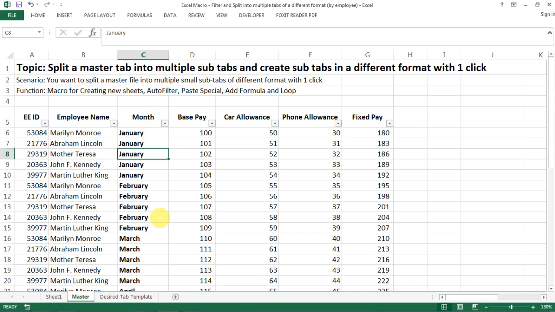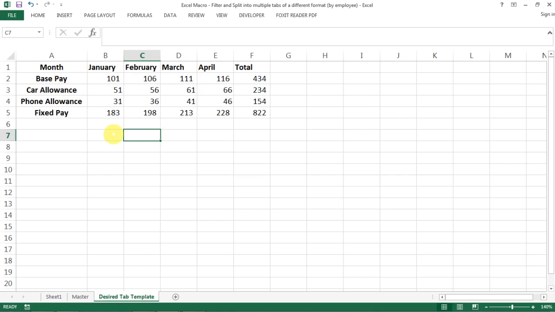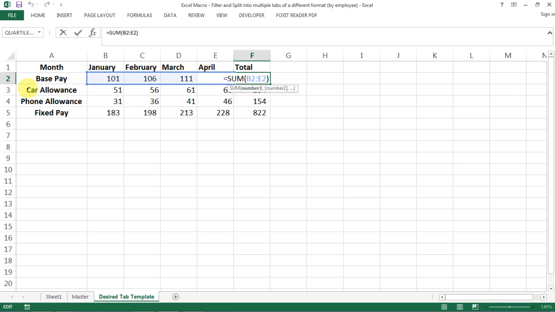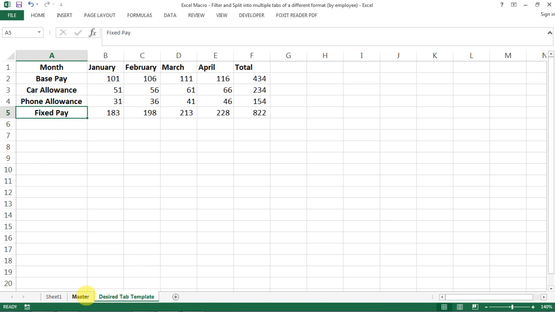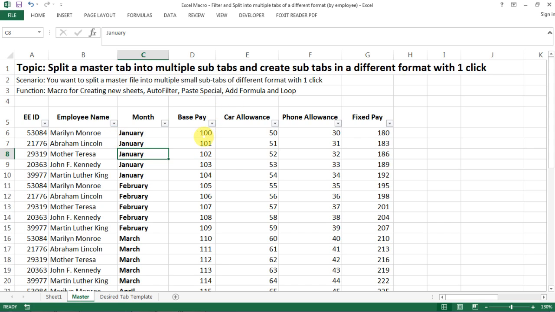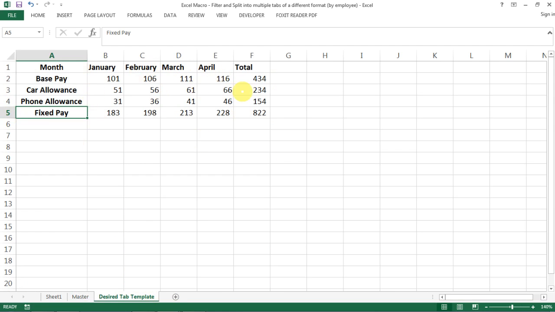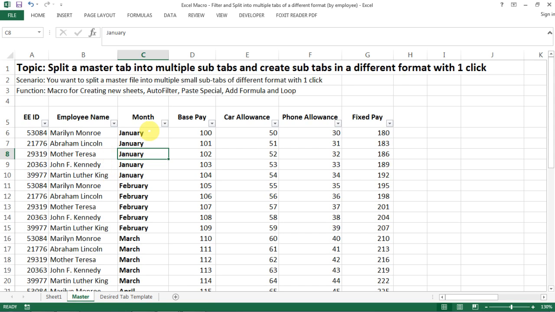And Mahesh asked me if I can split the spreadsheet into something like this. For example, if this is Abraham Lincoln's tab, I want it to be that I have all the months on the top with a total at the end, which is the sum of everything here, and I have all my pay elements laid out here. So actually, as you can tell, this is essentially a transpose paste special from the master,